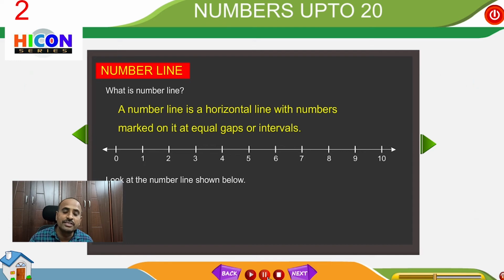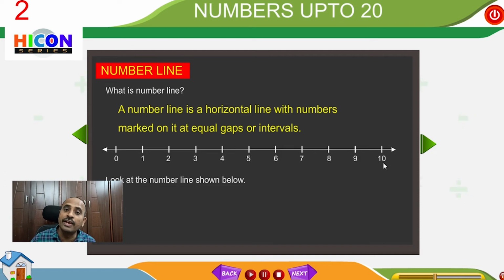Number line means you just have to draw a straight line with the help of a pencil and scale in your notebook, and we have to put arrows at each end of the line, and put marks at equal intervals, and mark and write the numbers for each mark. So let us start the marks with 0. On the number line we have to start the numbers from 0. So 0, 1, 2, 3, 4, 5, 6, 7, 8, 9, 10.